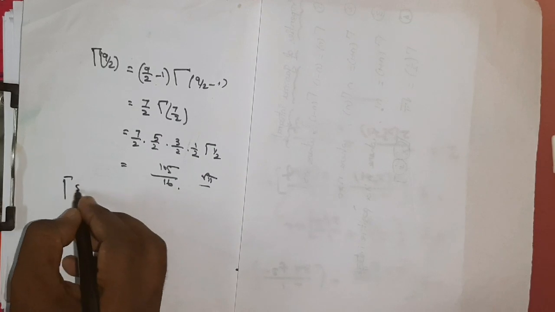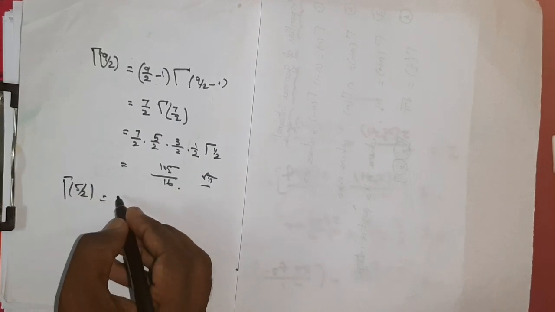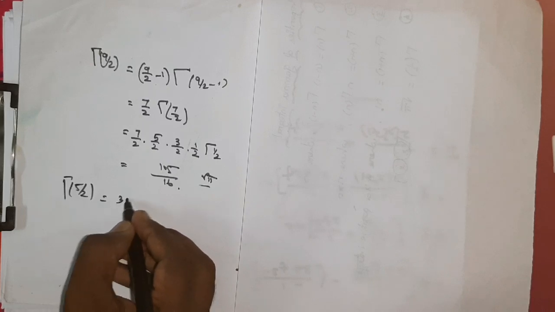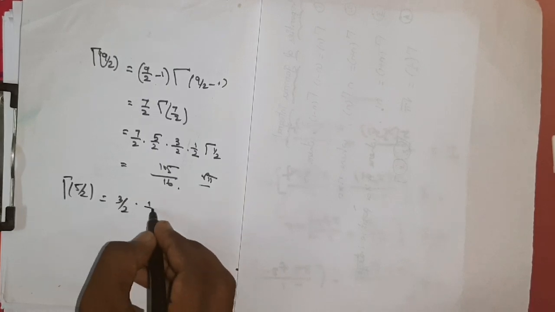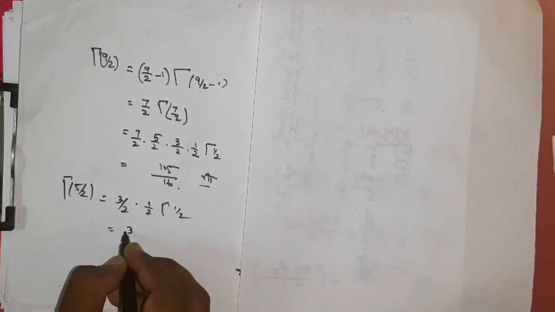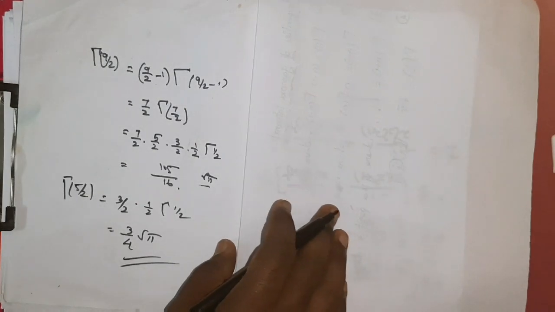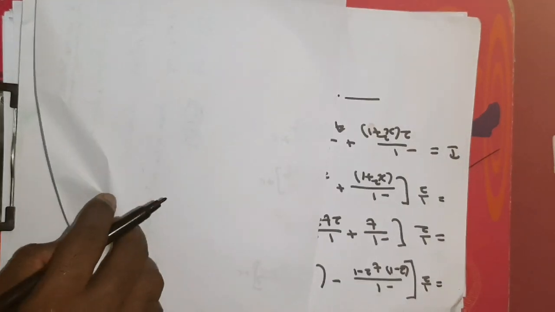Okay, let's check for this gamma of 5 by 2, how to write. First, 5 by 2 minus 1 means 3 by 2. Next, 1 by 2, after that you cannot do, so gamma of 1 by 2. So 3 by 4, this value is root pi. So like this in an easy way also you can do, but for now, to understand the formula, formula based sums are advisable.